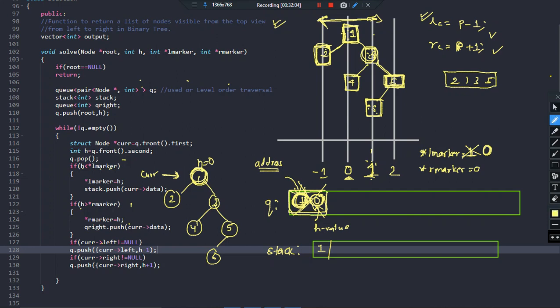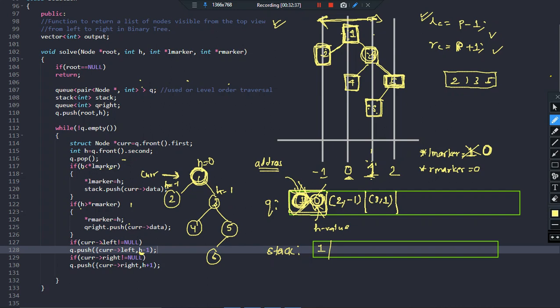Alright, so we are now going to push the children of 1, that is 2 and 3. We push 2 along with its h value, which will be -1, because it is 1 less than this. Remember how we are pushing here? Yes, h minus 1. And the right child is 3, so I will push 2 comma -1, and also 3 comma 1. Why? The value of h for this will be 1 more than the parent, h plus 1, right? So this is how I will be pushing it into the queue.